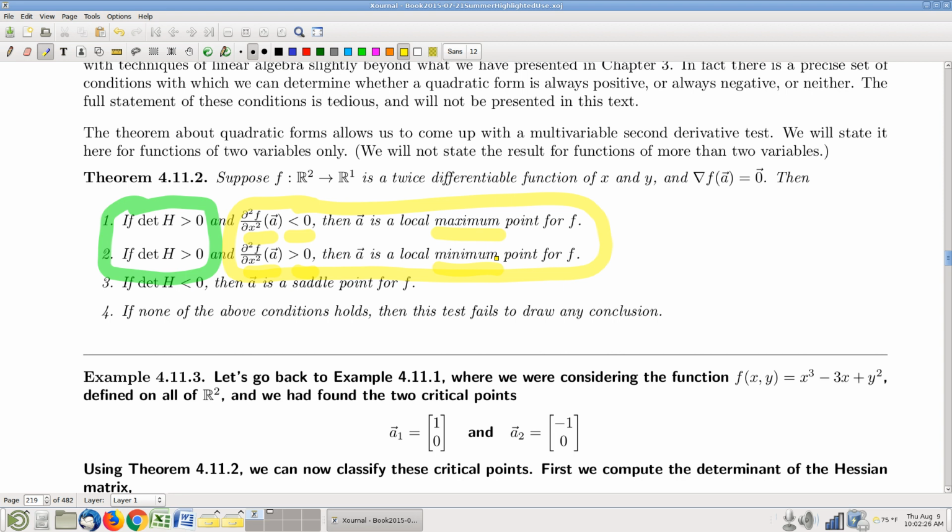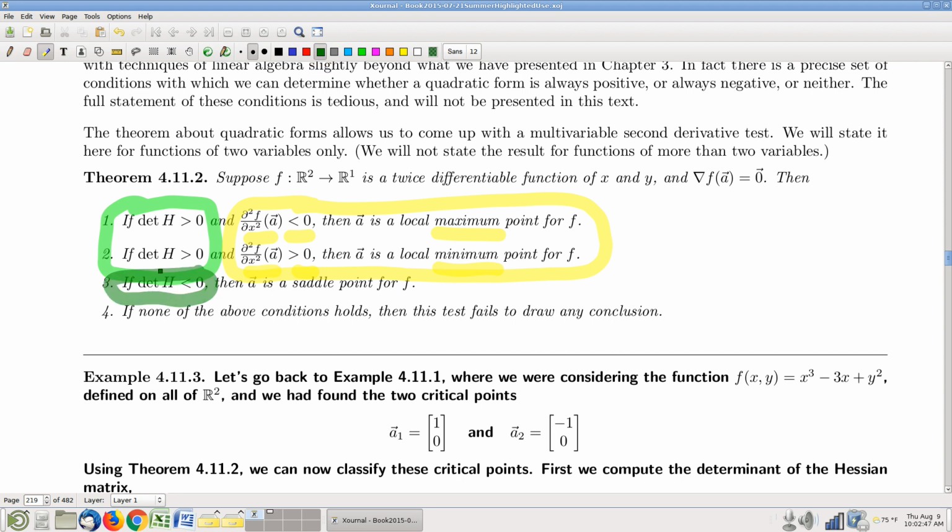Now, you may wonder, why is it that it's the second partial with respect to x? Why not the second partial with respect to y? Turns out it doesn't matter. Weird. But anyway, I'm going to cite the theorem just in terms of x, no particular reason. Okay, if the determinant is not positive,